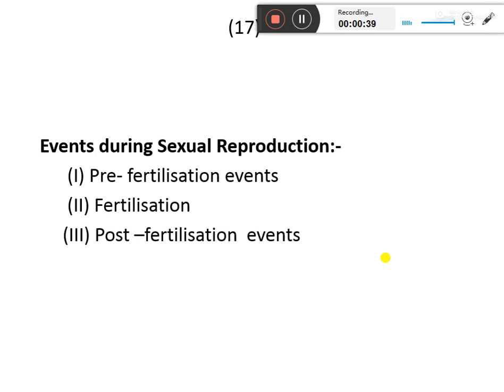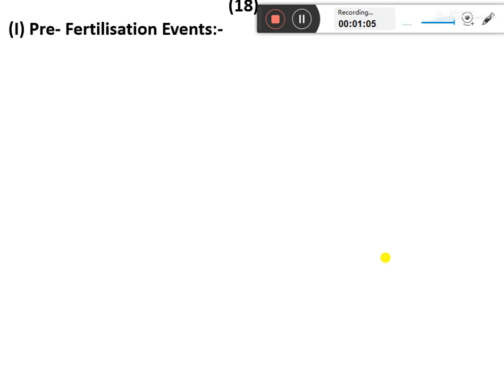In the pre-fertilization event, the male and female gametes are produced through meiosis. During the fertilization event, the male and female gametes fuse together to form the zygote, while in the post-fertilization event, the zygote develops into the new individual. In the pre-fertilization event,